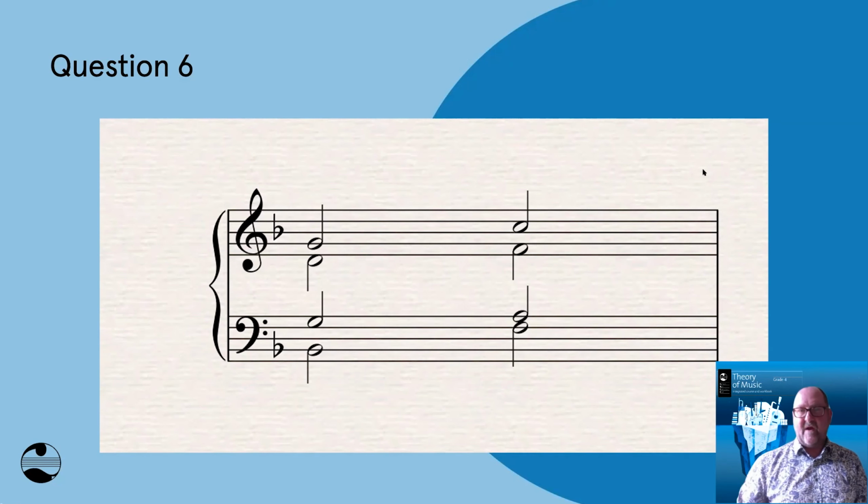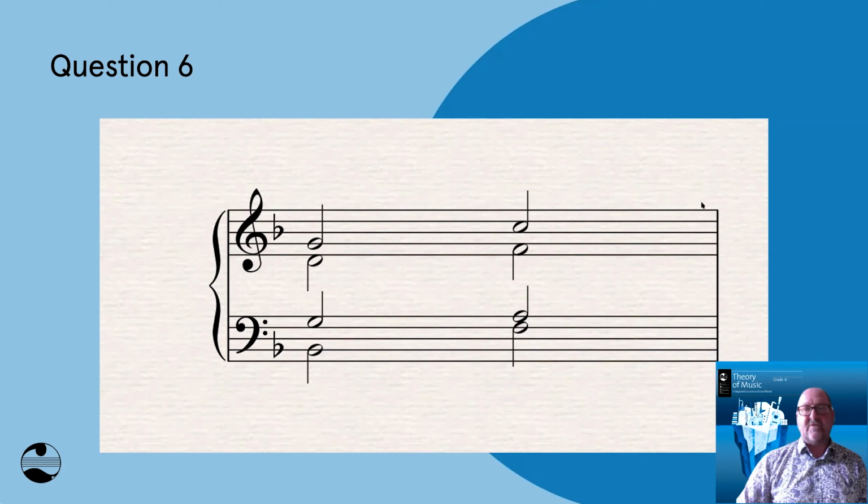All right, I think we better wrap this one up, Leah. So what have you all said? Let's have a look. Oh, boom, everybody's got it. Well, pretty much everybody's got it. Most of you have said that they are hidden fifths, and you know what? You are absolutely right. Again, look at the bass. The bass moves B flat to F, soprano moves G to C. So what we've got is an exposed or a hidden fifth. Both of these voices are moving to an exposed fifth, and it's a hidden fifth.